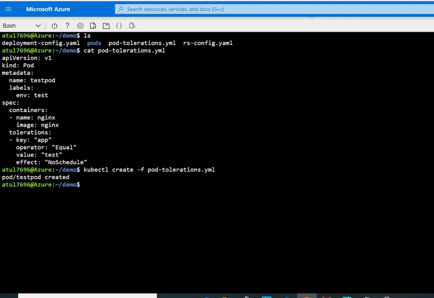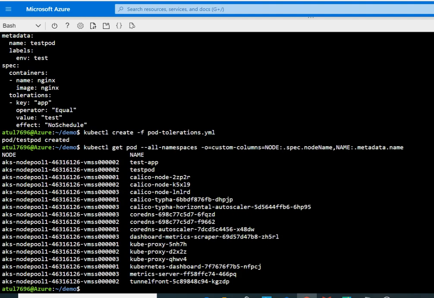So it says it's created. Now let's run the same command that we ran a bit earlier. This is the one. So if we see, right,